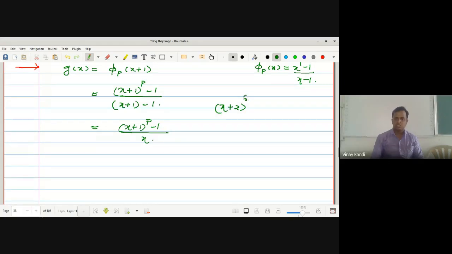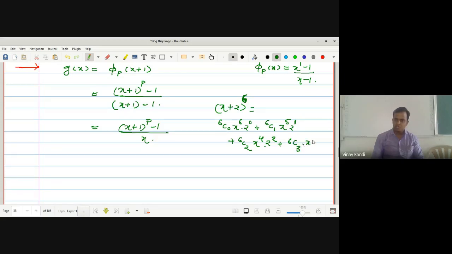Suppose this is (x plus 2) raised to 6. How are we going to expand this? 6c0 x raised to 6 and 2 raised to 0, plus, by Leibniz, 6c1 x raised to 6 minus 1, which is 5, and 2 raised to 1, plus 6c2 x raised to 4 and 2 raised to 2, plus